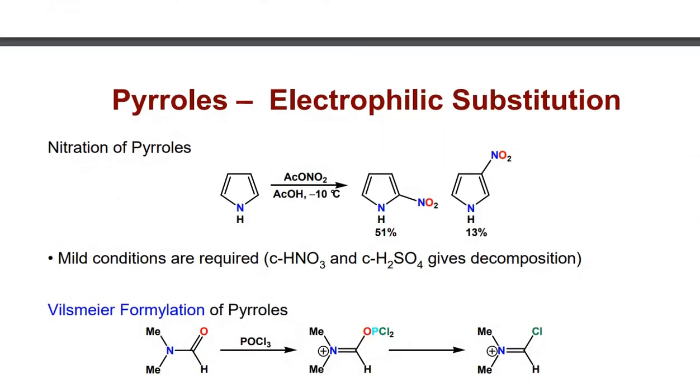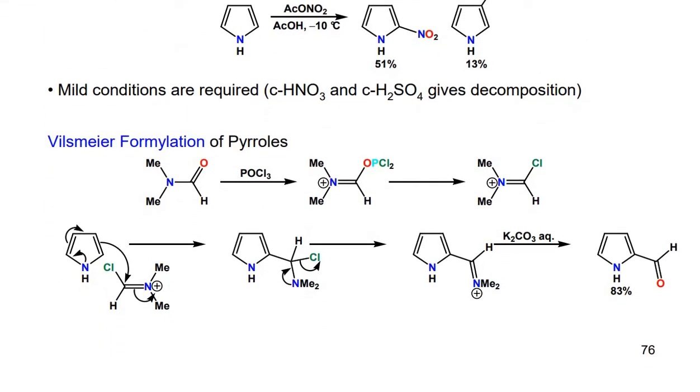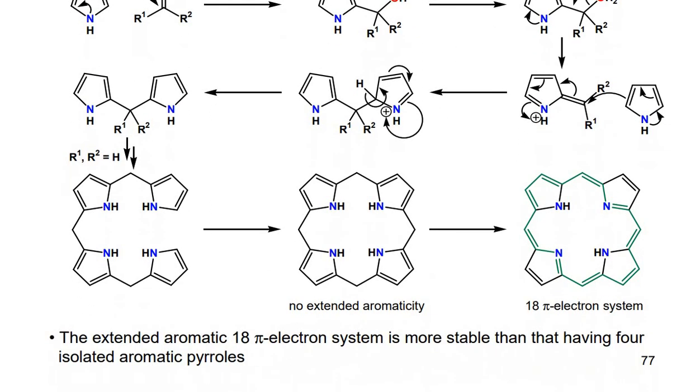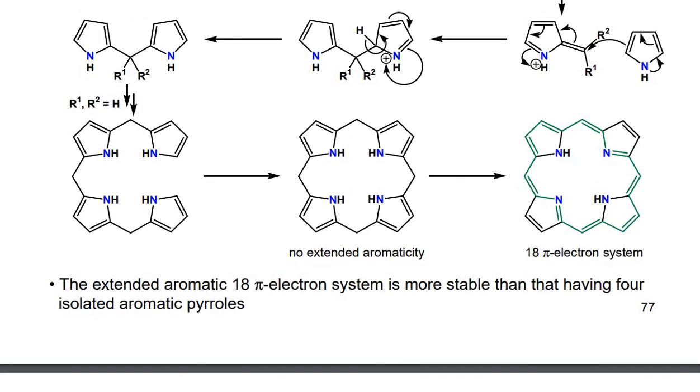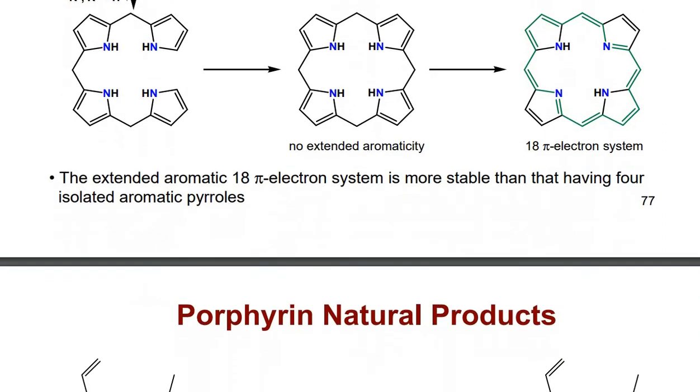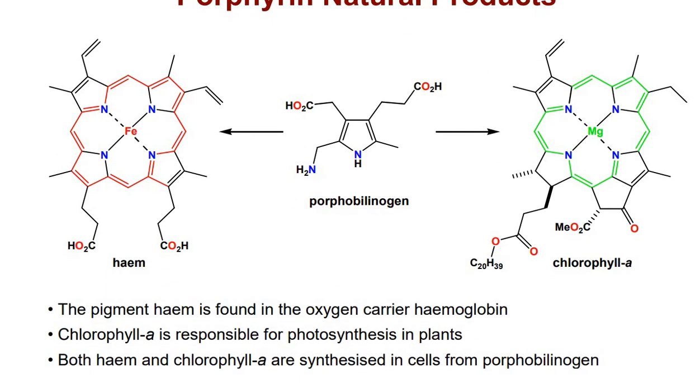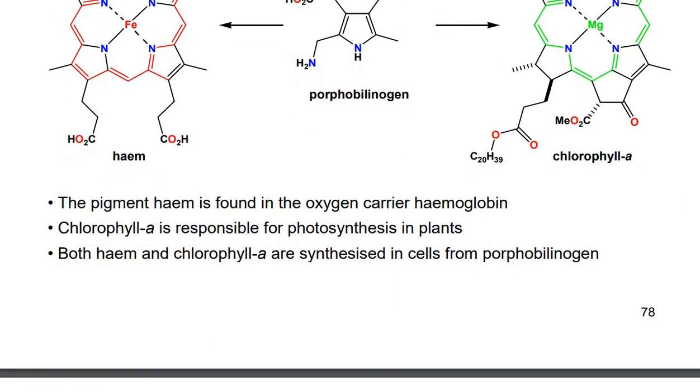You can see the reactions of pyrrole, a lot of reactions. You can see the extended aromatic 8 pi electron system is more stable than having 4 isolated aromatic pyrroles. Now you see the porphyrin natural products, heme and chlorophyll A. The pigment heme is found in the oxygen carrier hemoglobin. Chlorophyll A is responsible for photosynthesis in plants, and both heme and chlorophyll A are synthesized in the cell